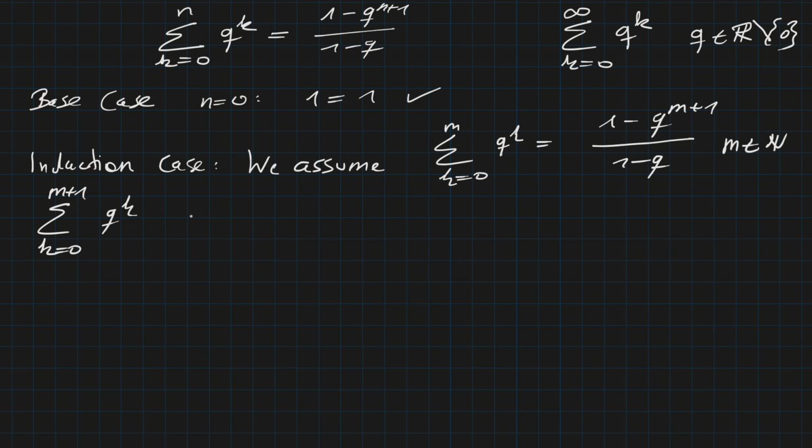And here, as usual for induction proofs involving sums, we can split it up. So we just have the sum from 0 to m of q to the power of k, and then as we removed one term here on the right hand side, we have to add it separately, and the term we removed here is q to the power of m plus 1. Now that we have the sum from k equals 0 to m, as in our assumption, we can apply the assumption,